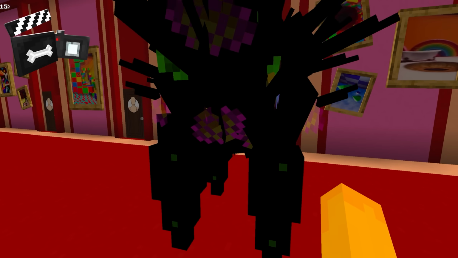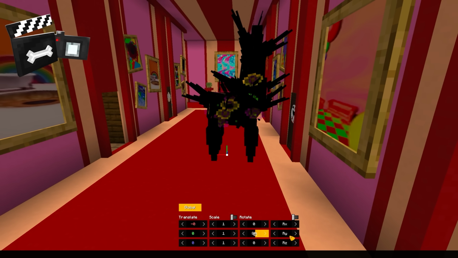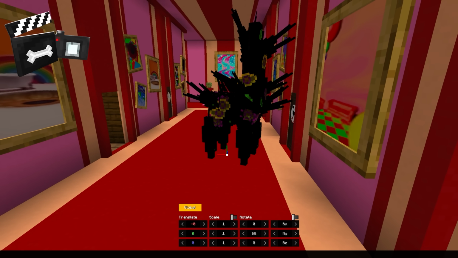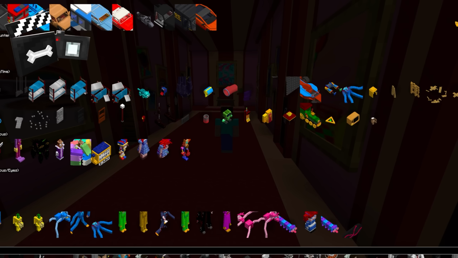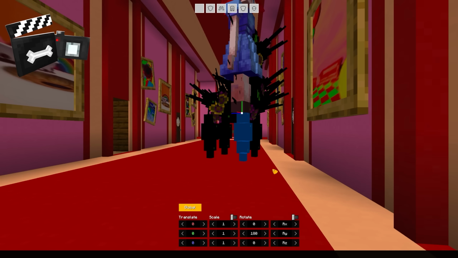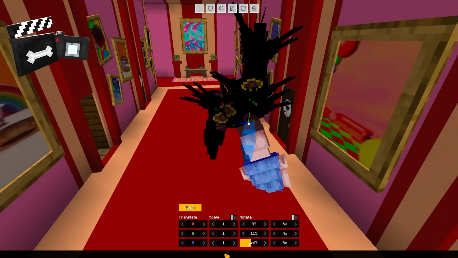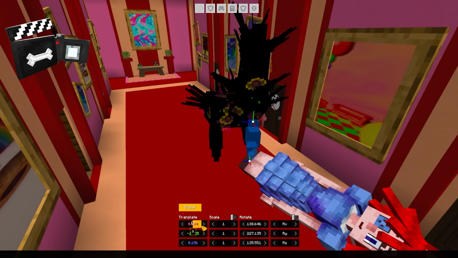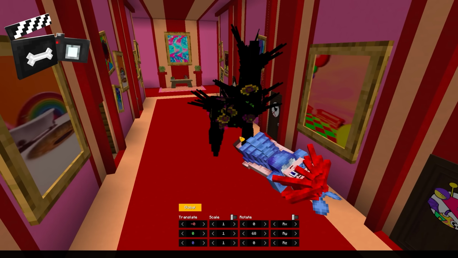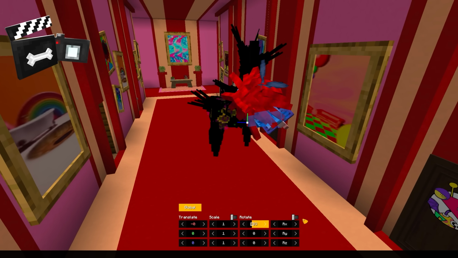To make this scene with Ragatha, it'll be a bit difficult because I'll place him here, but I've already removed Ragatha. I come to an option here in the mod, and I can select any character like her, and I click here. She'll stick to his foot. So I can stick her here any way I want. And now Ragatha is stuck to his foot, which means if I move the foot, Ragatha moves along. Look how cool. I can make a very good animation.